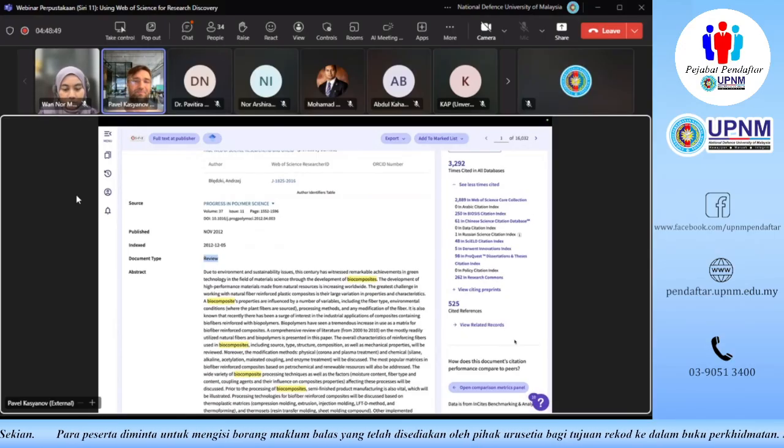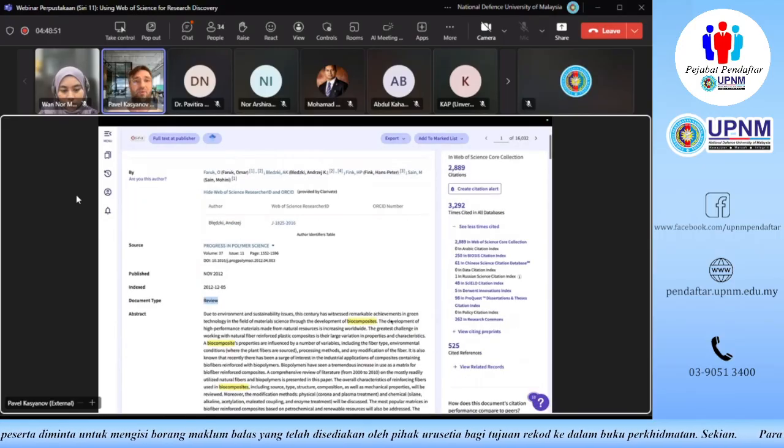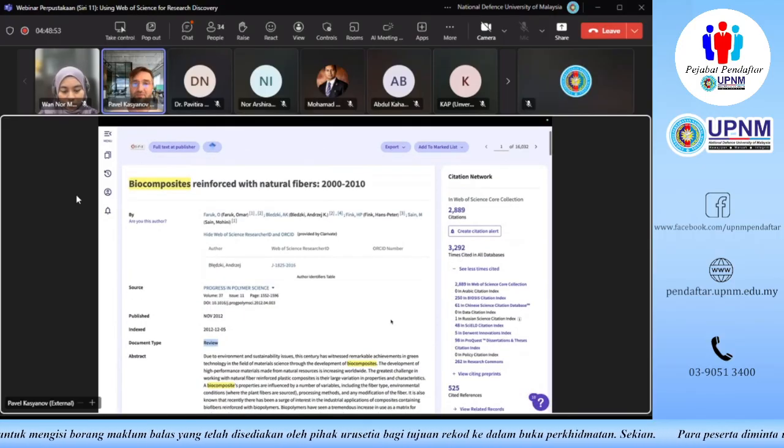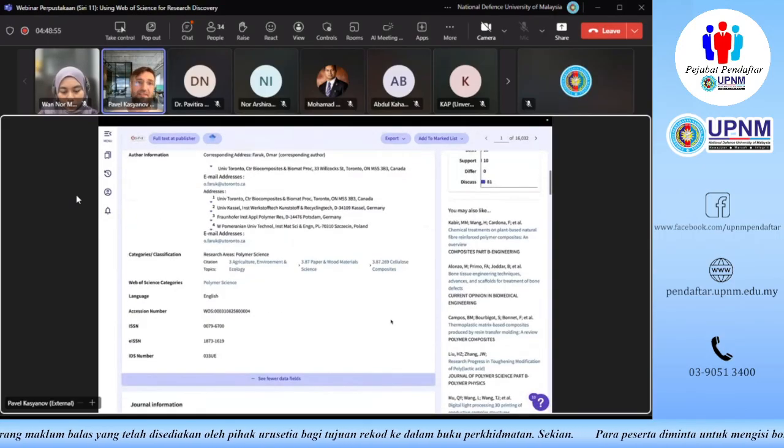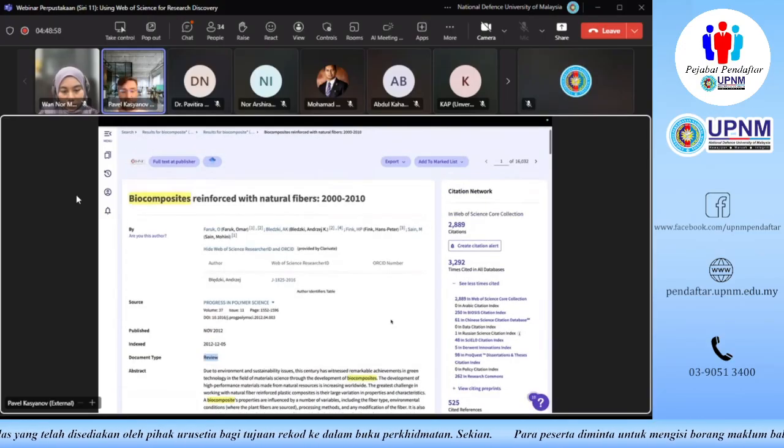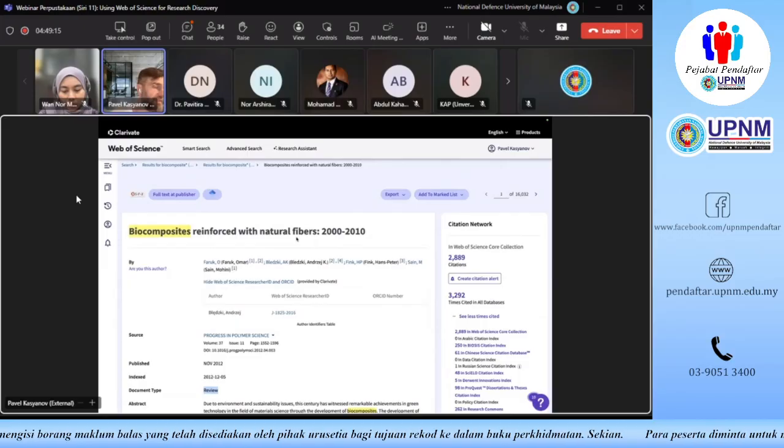Okay, now there's an important thing that you might see we're missing here, and that's the full text. So yeah, some of the first-time Web of Science users get slightly shocked by that. Yes, Web of Science is not a full-text database. We are an abstract database. But in case your library is subscribed to that full text, you're obviously going to get access to this full text at no cost.